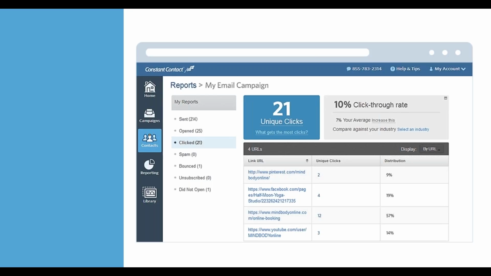Who's the person who is interested in your corporate giving program? Who's the person who's interested in the platinum level sponsorship? Not everybody's going to be interested. Not everybody has the means, right? You can't call up everybody and say, hey, could you sponsor a $10,000 event? But maybe the 6 people in your email who clicked on that link, you can call those people. You can give individual presentations to those 6 people. You don't have the time or the resources to call up everybody. But email tells you exactly who took what action.